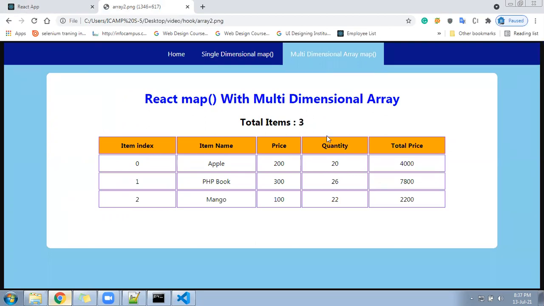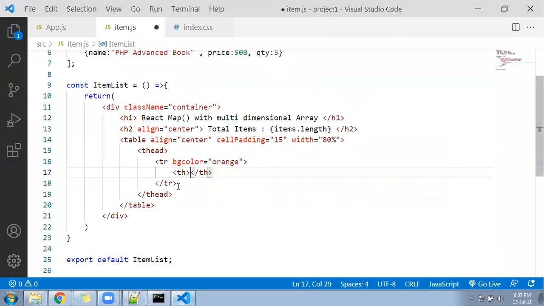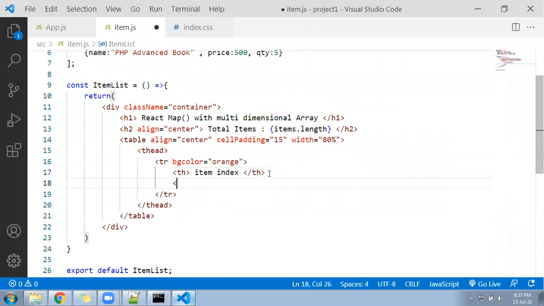So I will go here. I will follow the TH, and in that I'll write item index. Next I'll write the next TH called item name. Let me keep the N capital.